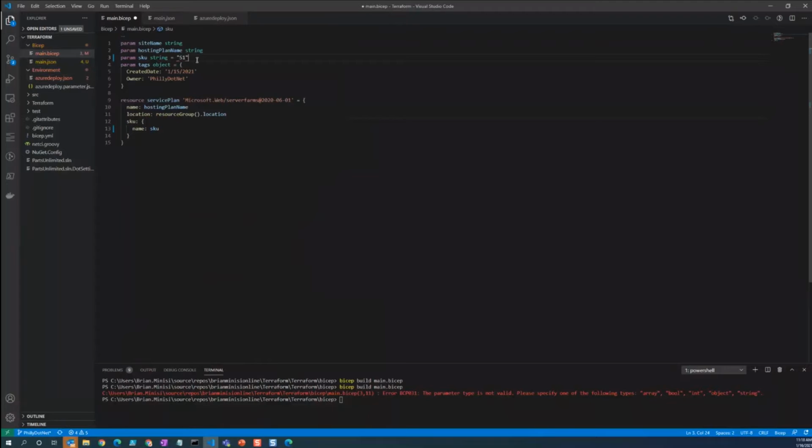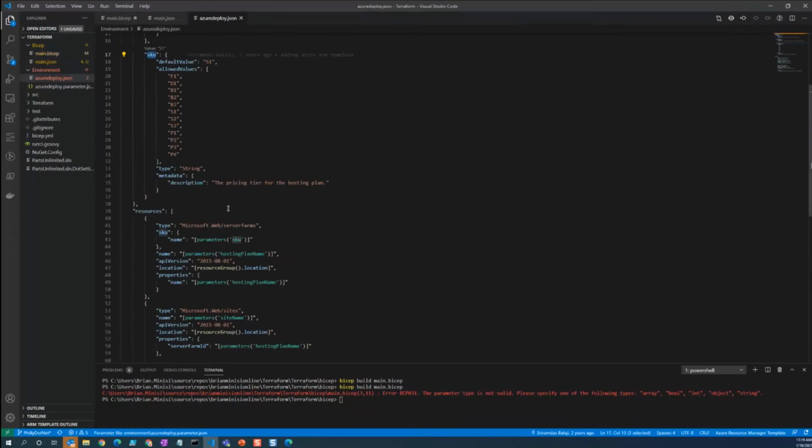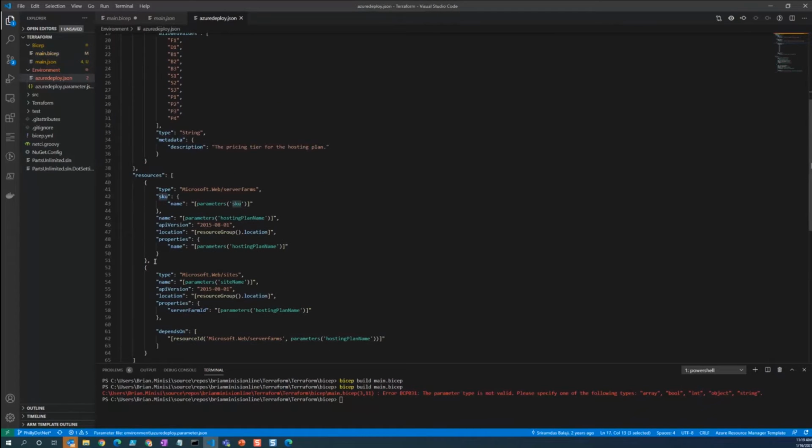Ideally, what you would do is override these values during a deployment. And we can also have our tags, with our tags parameter. So this is our definition for our app service plan right here. And you can see it's not nearly as wordy as what we have here within an ARM template. So it's much easier to code this way.